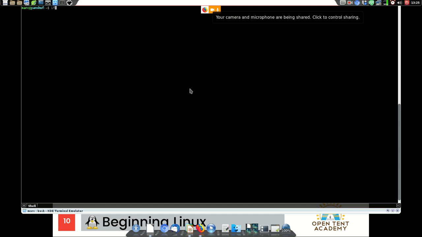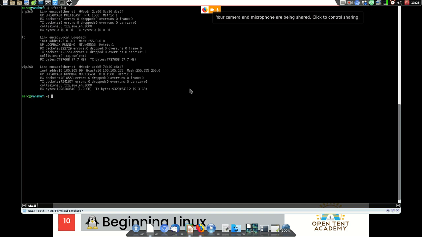If we look at ifconfig, ifconfig tells me what I have in terms of network interfaces. That's what the IF stands for, interface config. Okay, so I have three interfaces. The first one is a loopback, and that is itself, 127.0.0.1, that's very common. It could be anything, doesn't really matter. 127.0.0.1 is your own computer. According to the rules of TCP/IP networking, 127.0.0.1 is your own computer.